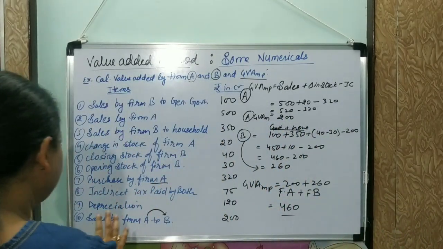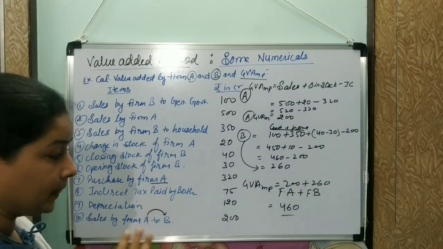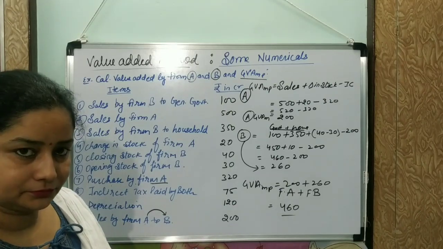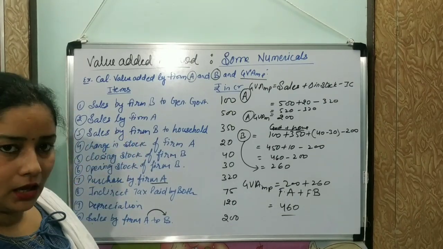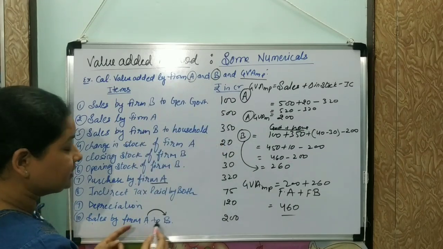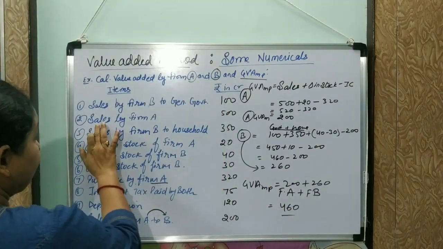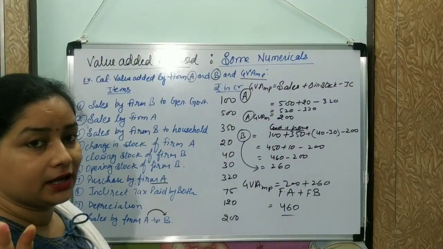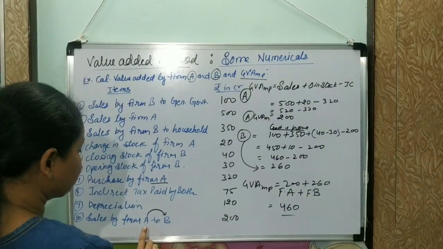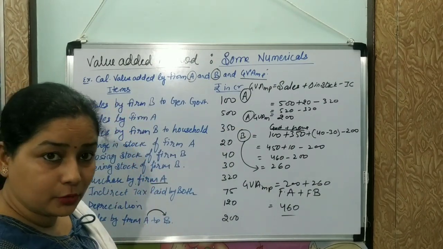Why have we not taken sales by A, which is done to B? Sales of firm A to B we have not taken as a sales of firm A. हमने सेल्स ऑफ फर्म ए जो यहाँ लिया उसमें ये वाली सेल को क्यों नहीं ऐड किया? इसका रीजन है क्योंकि देखो सेल्स बाय फर्म ए क्लियरली रिटन है, यानी वो फर्म ए का टोटल प्रोडक्शन है. उसी टोटल प्रोडक्शन में फर्म ए ने जो बी को बेचा है वो ऑलरेडी आया हुआ है. आर यू गेटिंग दिस पॉइंट?